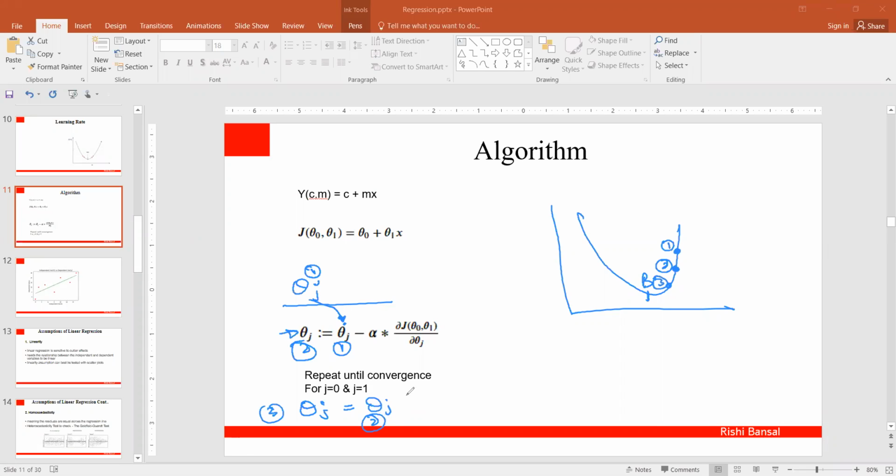So the variable name should be changed, I think. So theta j, instead of that it should be theta j p something, some different, right? No, this is a recursive operation, right? Iterative, so it goes in a loop every time. You keep on modifying the value of the same variable to reach somewhere. Yeah, it will be difficult in the algorithm to implement. Okay, got it, Rishi. Any other question?